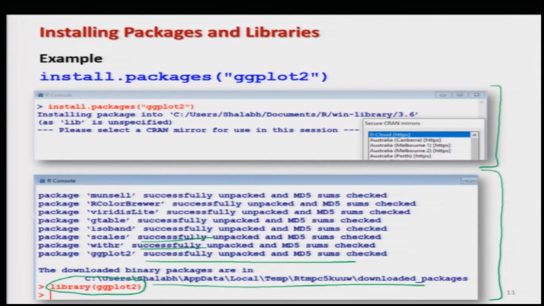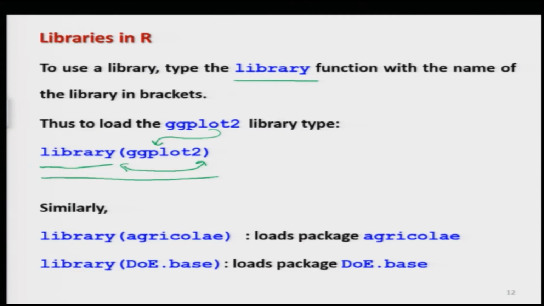Once you press enter after typing library ggplot2, you will get a simple command line. If the package is not installed, you will get an error saying that the package is not installed or something like this, and then you have to solve it accordingly. Similarly, if you want to load the package agricolae, you write library, and inside the parentheses you write agricolae, the exact name of the package. And similarly, to load the package for design of experiments, doe.base, you write the exact same name in the function library,